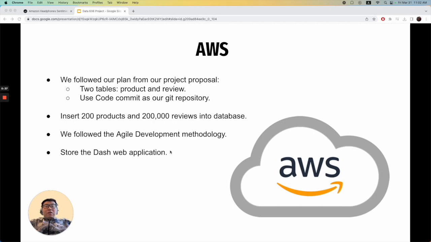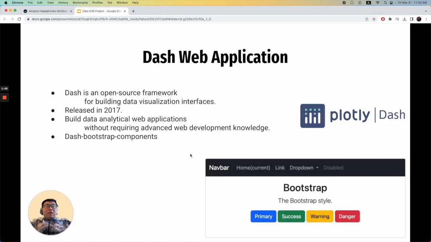We follow the agile development methodology. We separate the job to each team member and we update our progress every day. Right now, in our Git repository, we store our Dash web application. This Dash web application is to display the result of analysis, and why we are using Dash, and a little